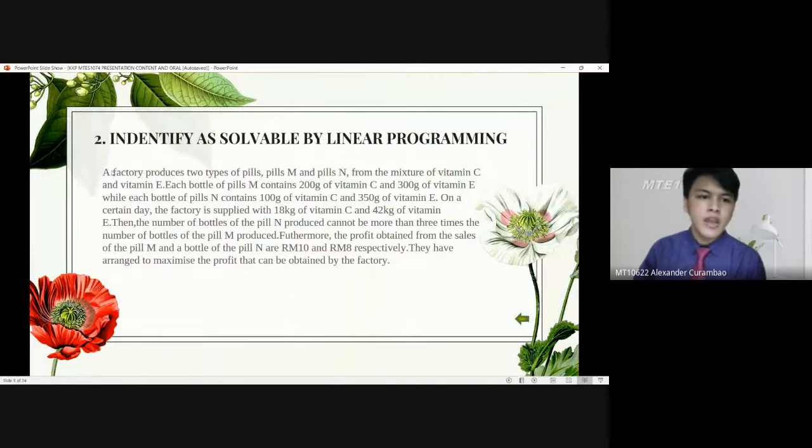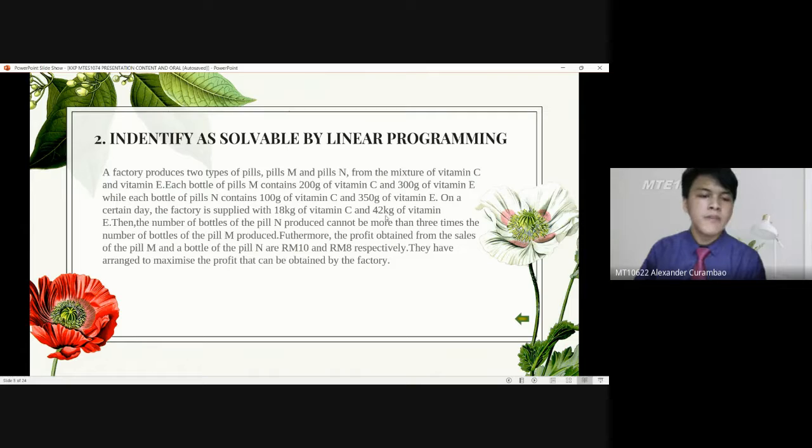Okay, let's read it out. A factory produces two types of pills, the first one is pill M and the second one is pill N, from a mixture of vitamin C and vitamin E. Each bottle of pill M contains 200 grams of vitamin C and 300 grams of vitamin E, while each bottle of pill N contains 100 grams of vitamin C and 350 grams of vitamin E. On a certain day, the factory is supplied with 18 kilograms of vitamin C and 42